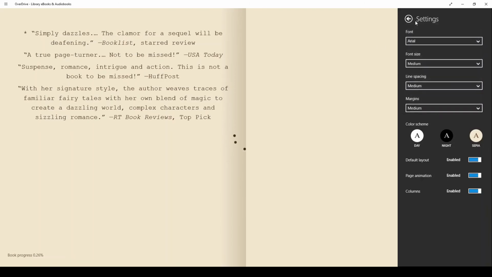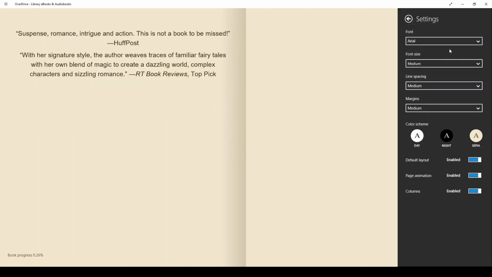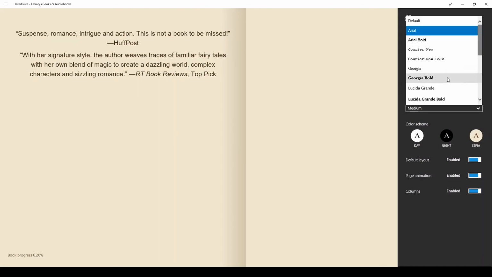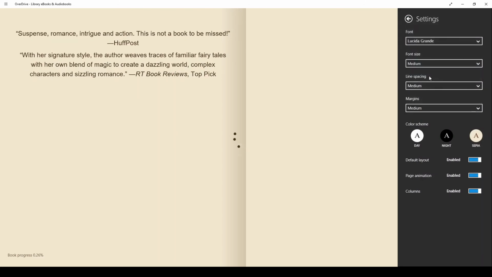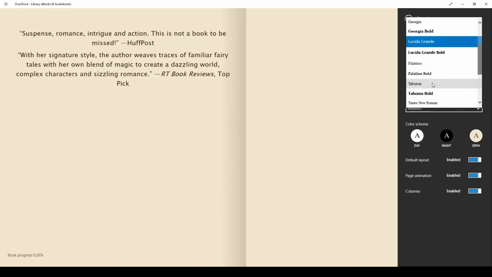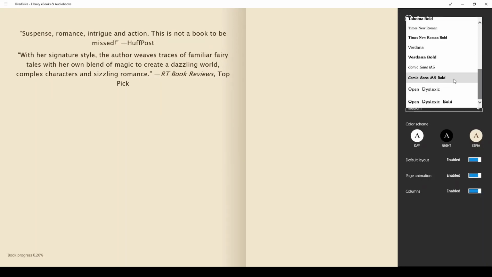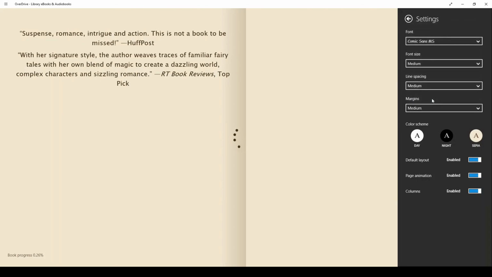But if you look at Arial, it's all rounded and soft and much easier on your eyes. You'll find the same thing with Lucida. So you can just go through the things that are offered here and find the one that best suits your